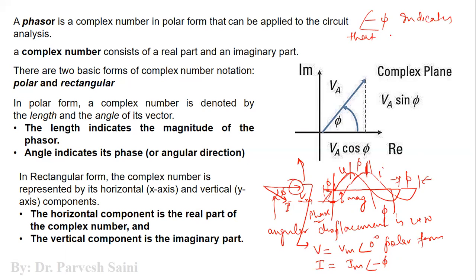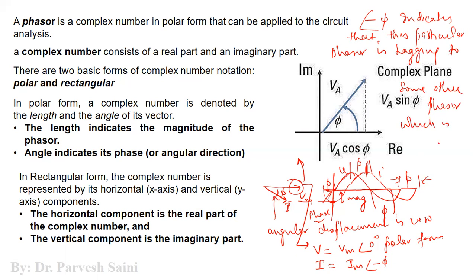that this particular phasor is lagging some other phasor, which is taken as reference. Like here in this case, the voltage phasor is taken as the reference. So with respect to voltage, it is lagging by 5 degree. For example, if you have the representation like this,